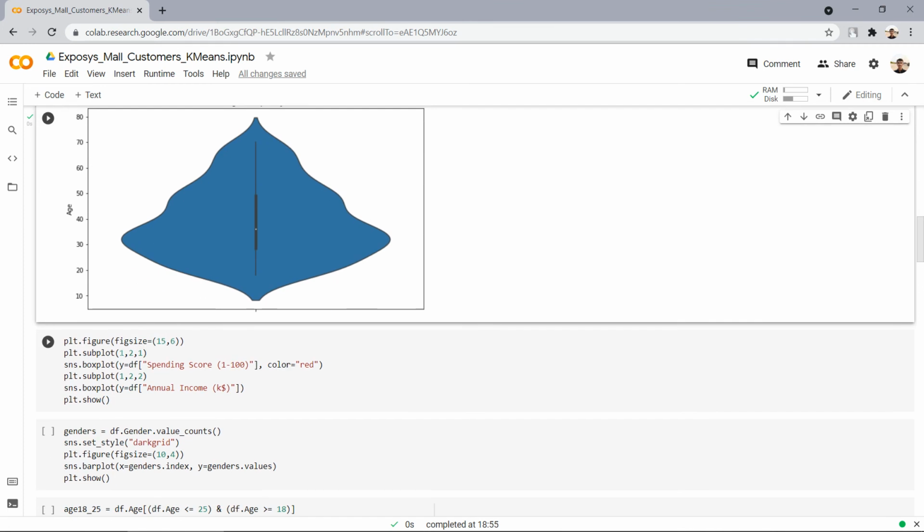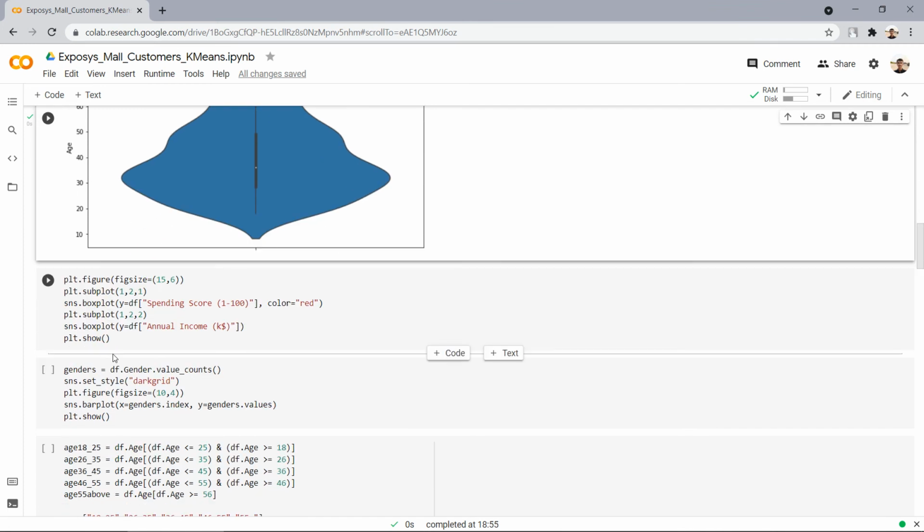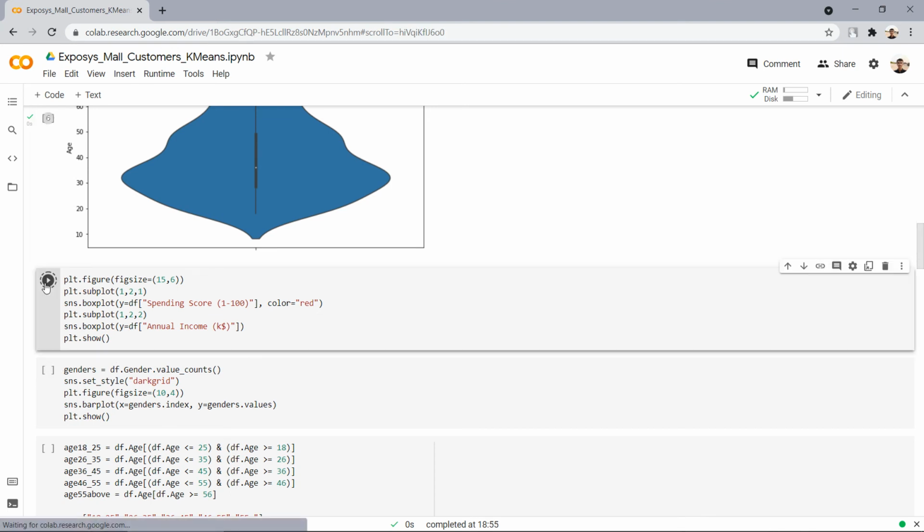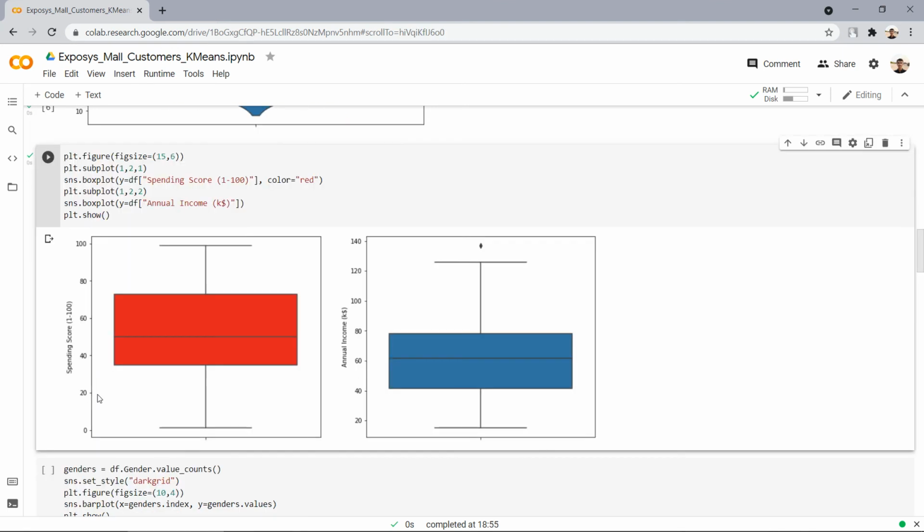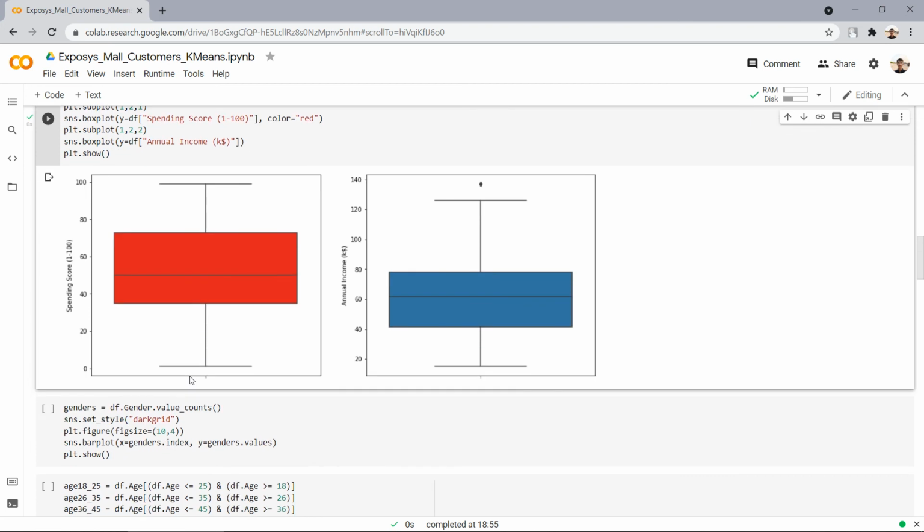Next, we will plot two graphs showing spending scores in red and annual income in blue. Here we can clearly make out that spending score is more than the annual income.